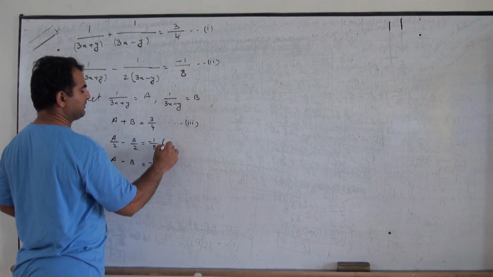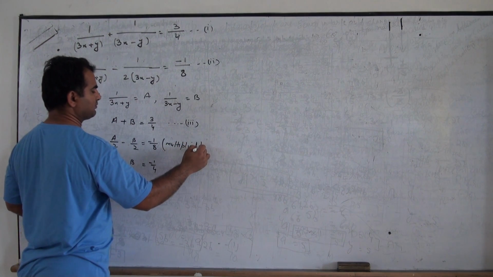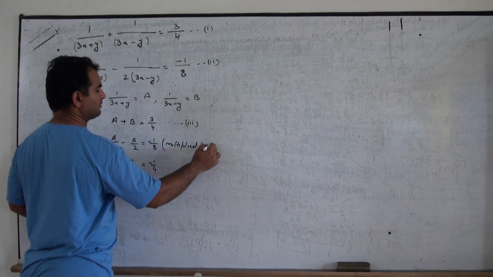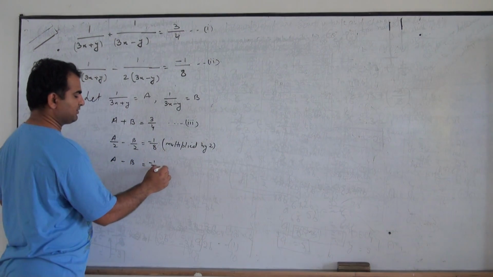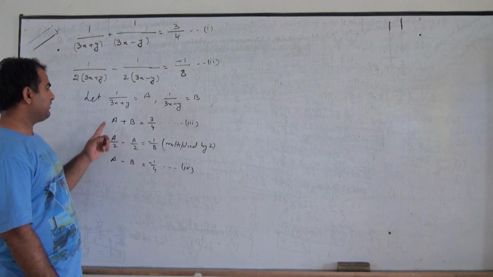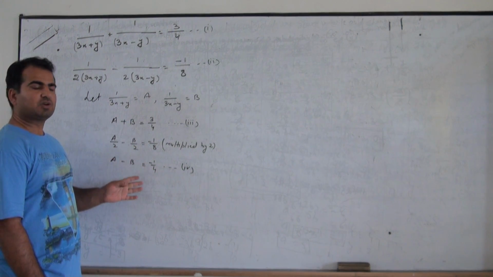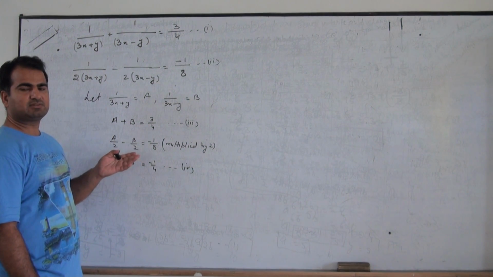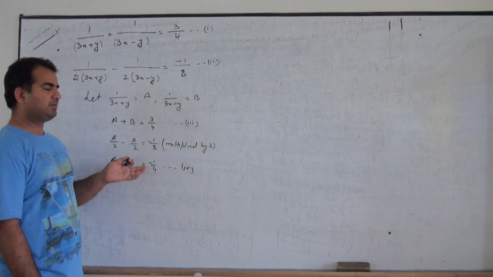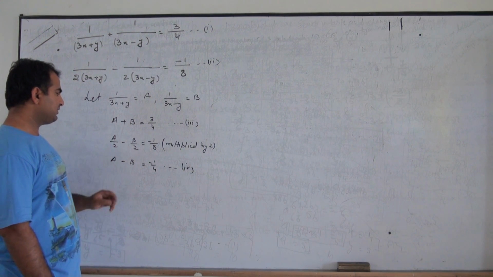What we have done is, multiplied this by 2. Okay, this will be equation number 4. Now we have two equations, a plus b is equal to 3 upon 4 and a minus b is equal to minus 1 upon 4. So what we can do is, we can use any of the three methods. It can be cross multiplication, substitution, or elimination. But I think elimination should be better. So what I am using is the elimination method.